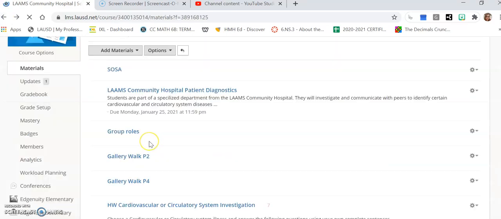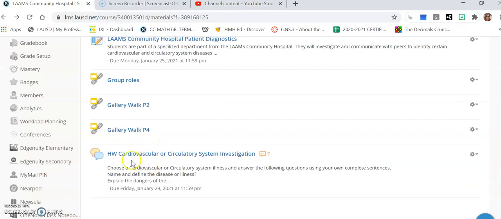Now, the next one is your homework. Don't mind these. These are here just for you for resources in case you forgot what your group roles are or what group you belong to. You could click here, and then these are our gallery walks that we did last week, but I'm putting them here because this is the same that correlates to your diagnostic. So don't mind these. These are here just for references, but this one is your homework. Many of you are actually done. Okay, so if we click on this,